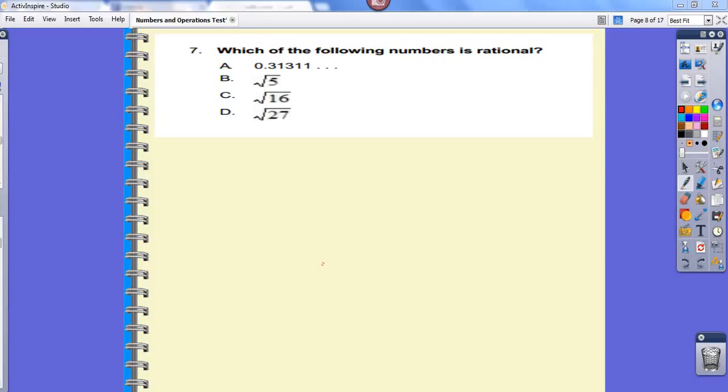This is number 7 of the number and operations test. Which of the following numbers is rational? Just pay attention to the question. It wants to know which one is rational. Well, when I look at it, I look at